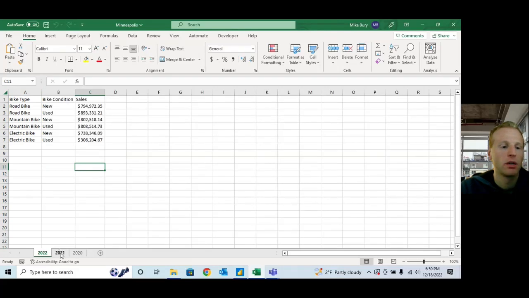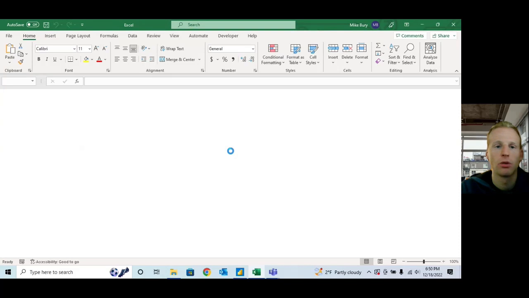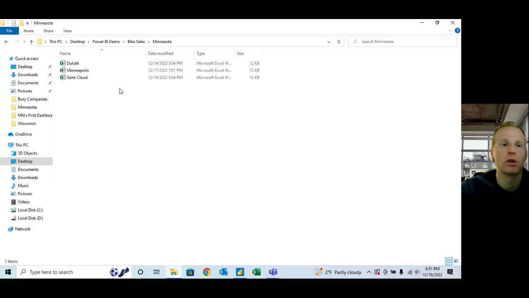This data is being repeated across multiple tabs and just showing the sales for our different years. So 2022 sales, 2021 sales, 2020 sales. This file that we're looking at in particular is only for our Minneapolis location, but we actually have sales in other cities as well. So I'm just going to open up the File Explorer and show the other Excel workbooks here. So we also have sales in Duluth, St. Cloud,